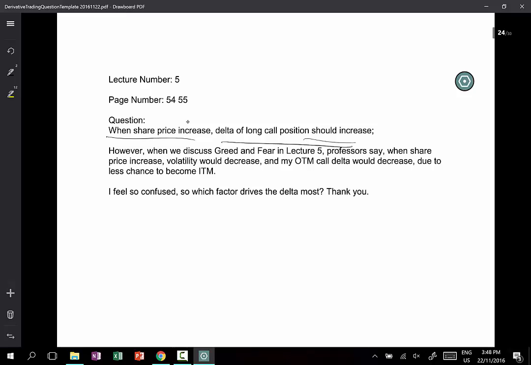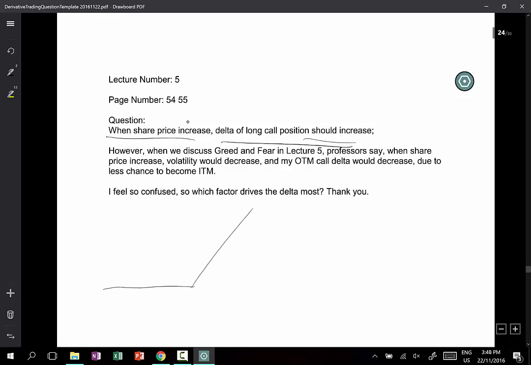I think the problem here is that you are trying to memorize some kind of hard and fast, black and white rule of what really should happen to a call delta when the market is rising. And the problem is, I think we are mixing two things. So first of all, there is the